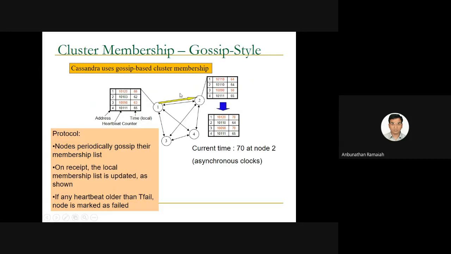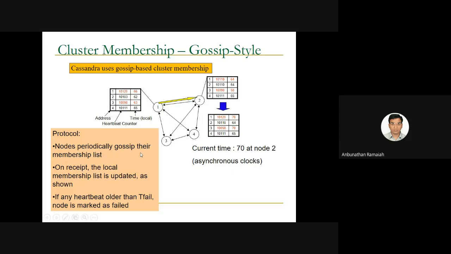So this is the example. You see the first set, the numbers and the corresponding values are the timestamps. Then in the second node, you see the data 10118 is different, but you see 10111 is present here also, and 10111 is present in the third node also. But for our latest data, 665, the timestamp will tell which is the latest. If the timestamp is old, it will be marked red and it will be removed from the list at a later stage.